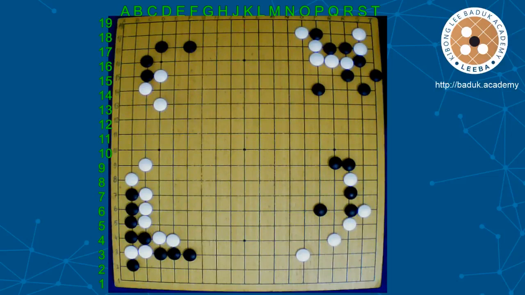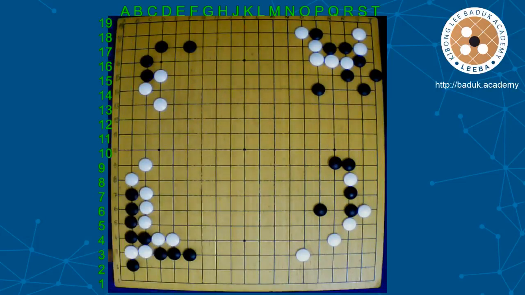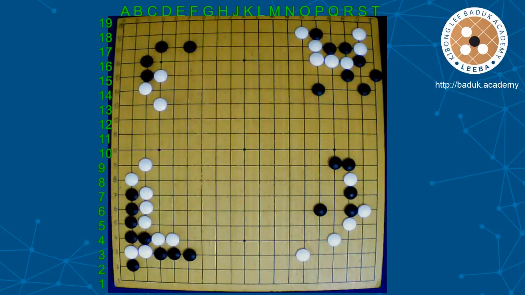It looks good for black. Because white played this one, white should get some profit in the corner, but white got nothing. Only a few moves white played, but it's not enough to build. And black's territory is about 20 points and very solid. So this result is not enough for white. And